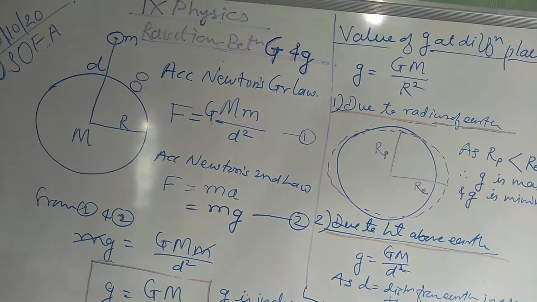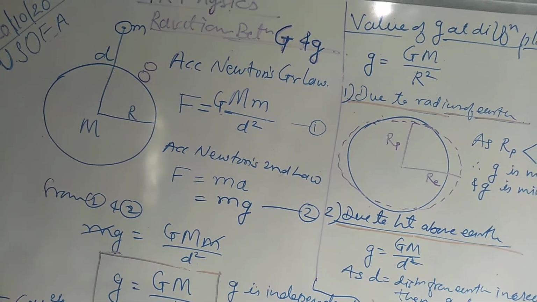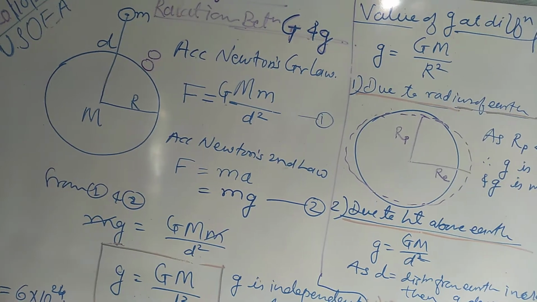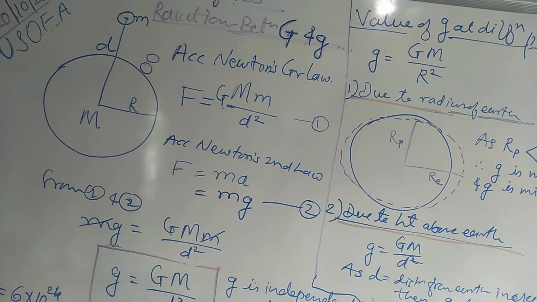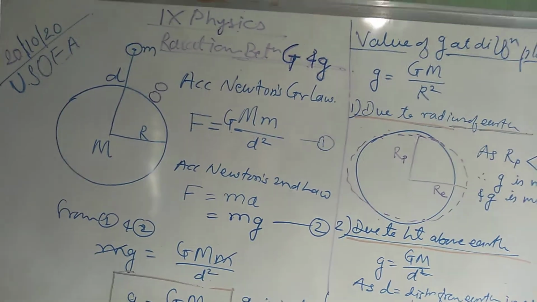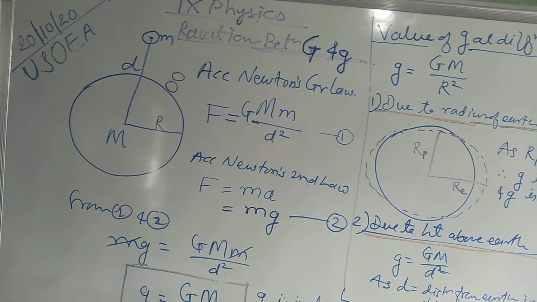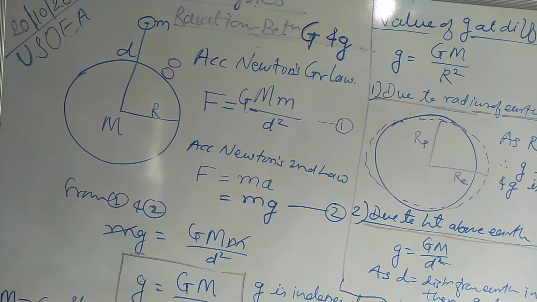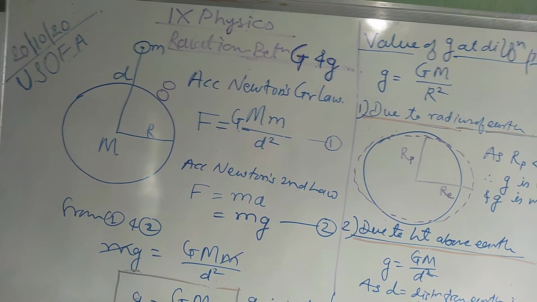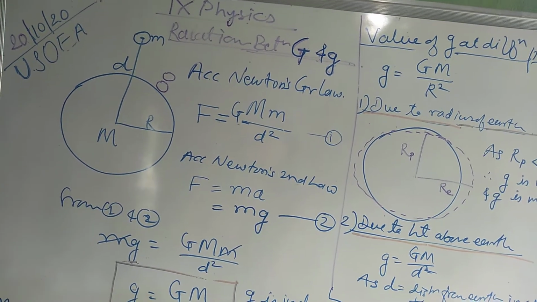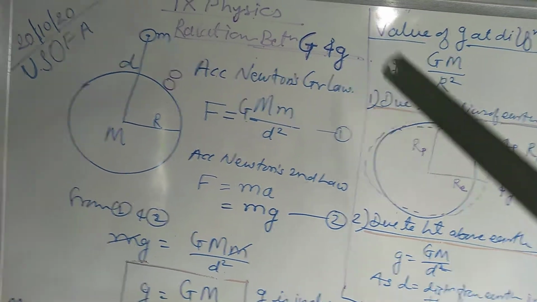Free fall is the fall of an object towards the earth under the action of gravitational force only. That fall is known as free fall. During this free fall, the velocity direction stays the same, but the magnitude changes, and how it changes we have already discussed. Due to the change in velocity, there will be an acceleration, and that acceleration is known as the acceleration due to gravity. It means small g.